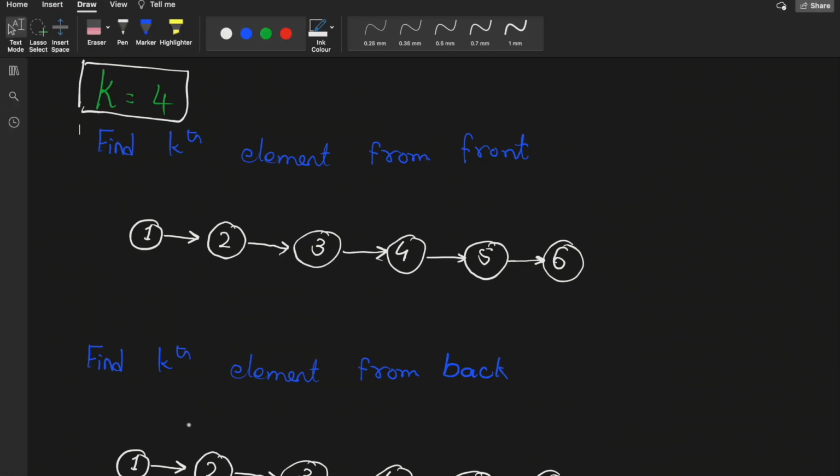Now the only complexity in this question is how we can find the kth element from the front or the beginning, or how we can find the kth element from the back. So for an example, if you want to find the kth element from the front, what you can do is keep a counter for k. For example, if k is 4 and you want to find the fourth element from the beginning,